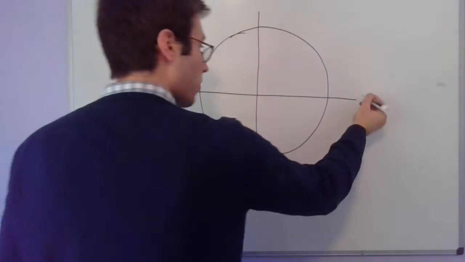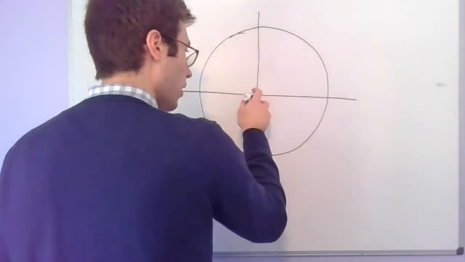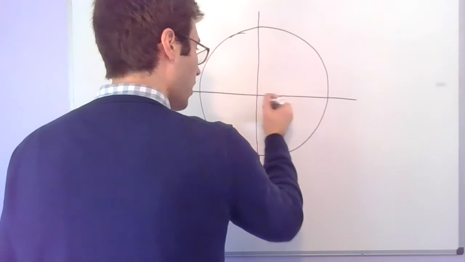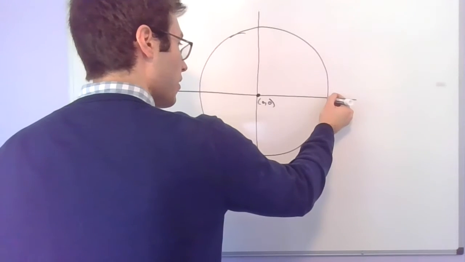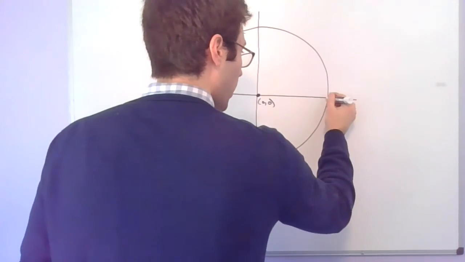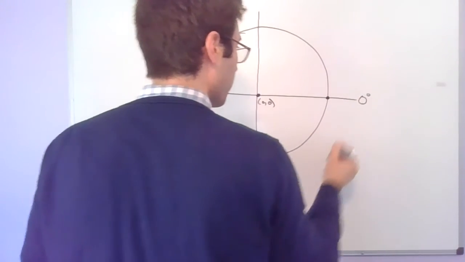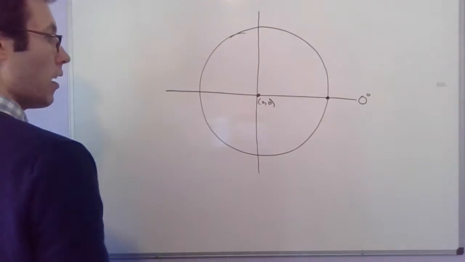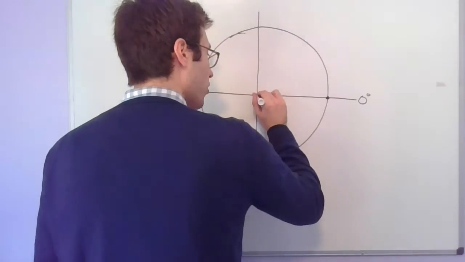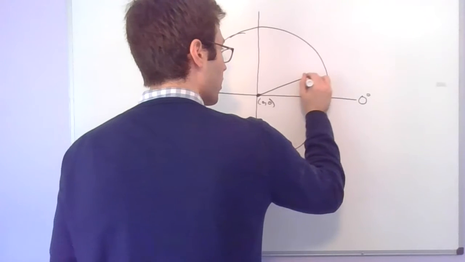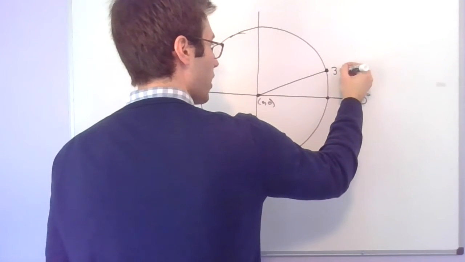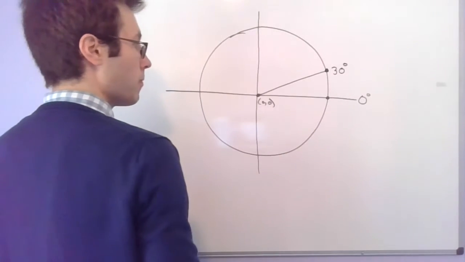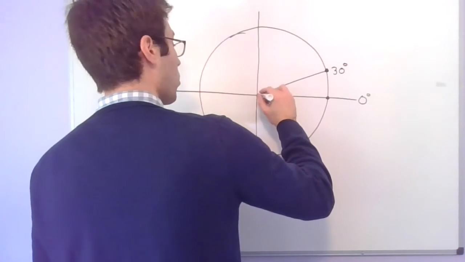Now, right here, if we're looking at our initial side here, to our center, 0, 0, this is 0 degrees. If we look at the first point right here, so we go up just a little bit, this is 30 degrees. If we go up a little bit more,